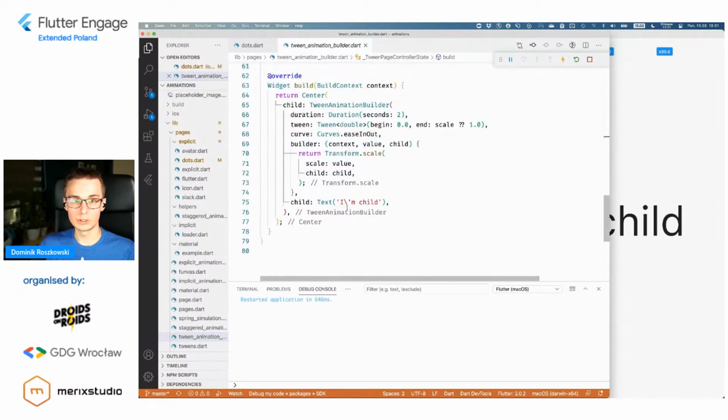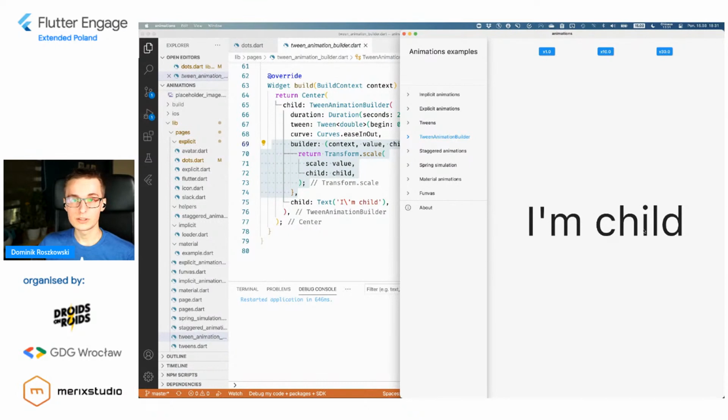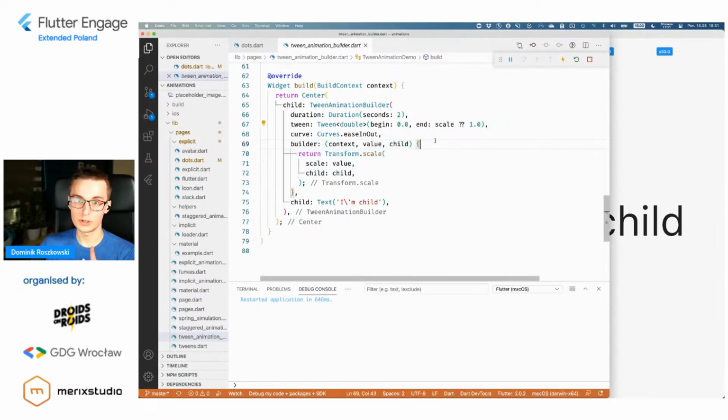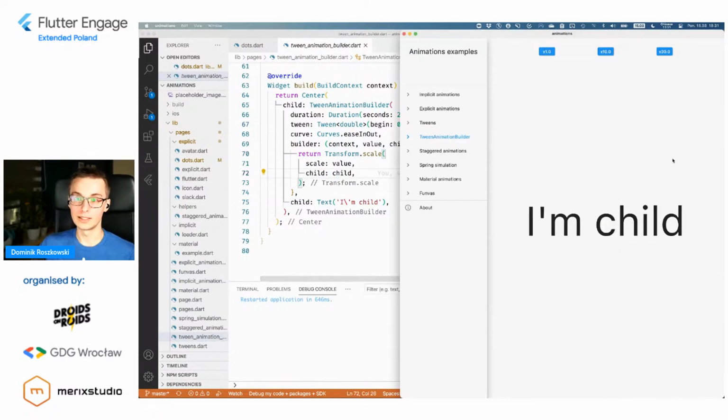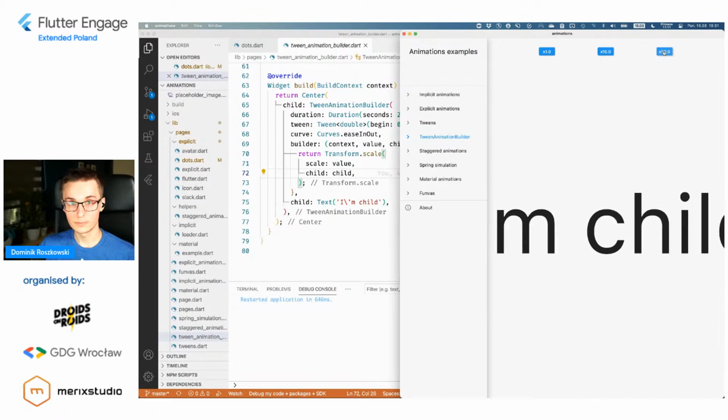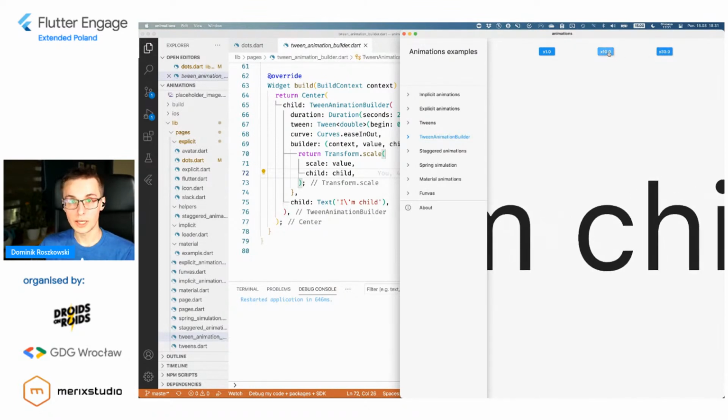This rebuild will trigger rebuild of this, and this in result will trigger rebuild. Oh, that's hard word. Will trigger rebuild of this builder and animate this value from the previous value, which was 1, right? It wasn't 0, it was 1. So now my initial value is 10, and I can animate this to 30, and I can animate this to 10.